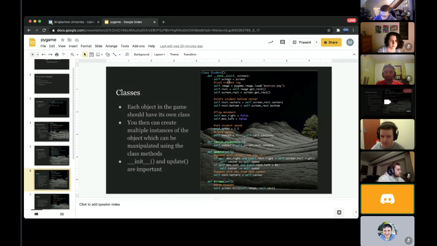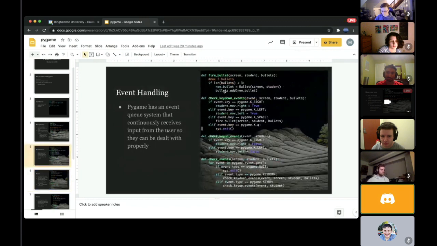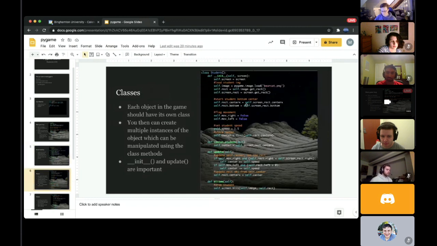Here you can see that we pass screen to init because we need the coordinates. In Pygame, everything's basically a rectangle, and you can get the rectangle's coordinates and things like that. So get rectangle, and